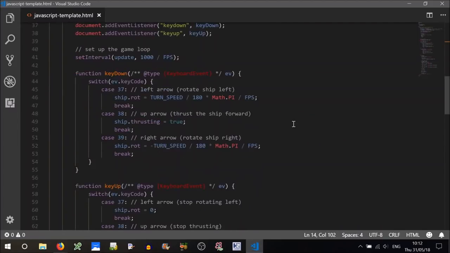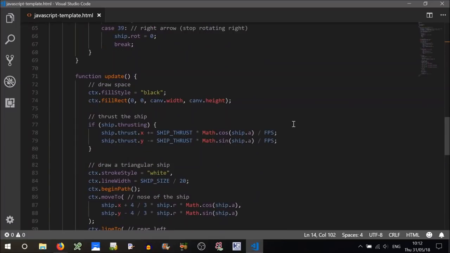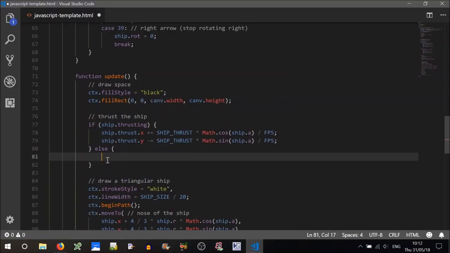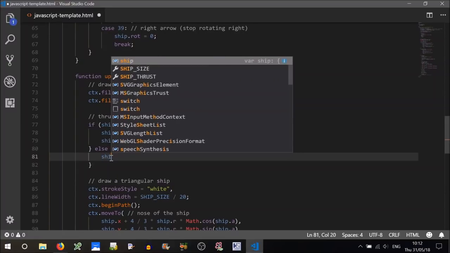So somewhere in our thrust the ship, somewhere in here we need to apply the friction. So when it's thrusting, we want it to go forward. Otherwise, that means they're not pushing the thrust key, they're not pushing upwards. When it's not thrusting, the friction will take hold. So to do that, we can just